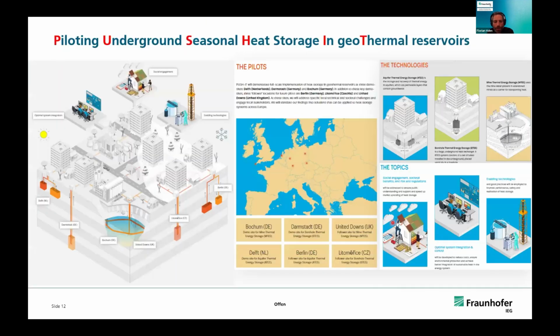This is a European project that we started in 2023. We have 3 demo sites that focus on ATES, BTES, and MTES, and we also have 3 demo follower sites that also try to implement our lessons learned from the demo sites. So in Delft, there's an ATES system. In Darmstadt, there is a BTES system, and in Bochum, we are implementing a second MTES system at the site